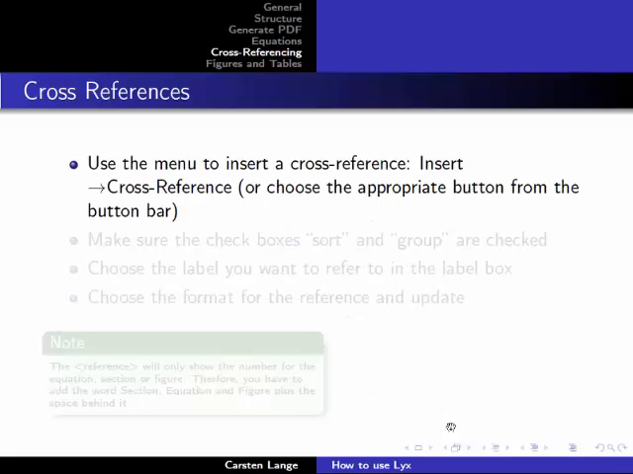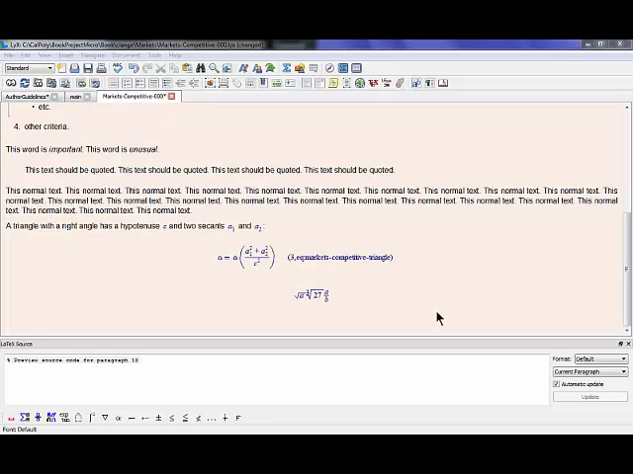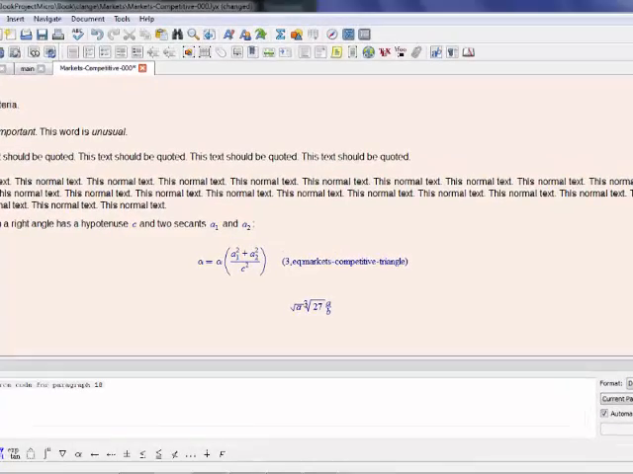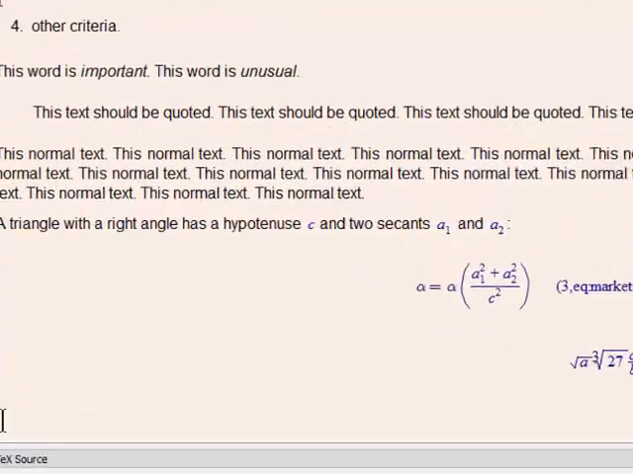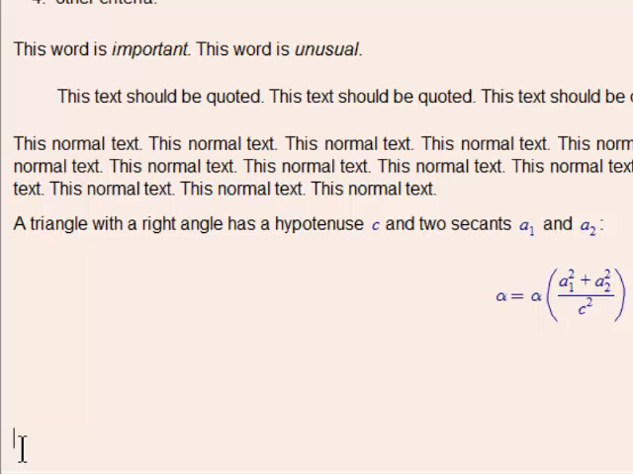After the labels have been set, we can cross-reference these labels, and LyX would insert automatically the number of the equation, the figure, or the section. How does this work? Here we are already in our document, and let's assume we want to cross-reference to a certain section and to an equation. So I start writing the theorem of Pythagoras